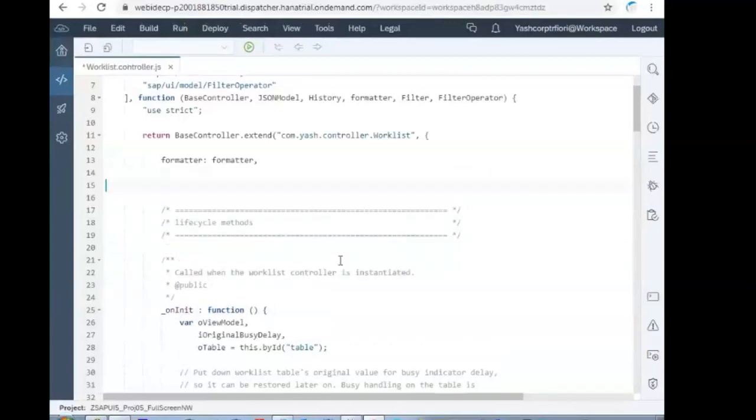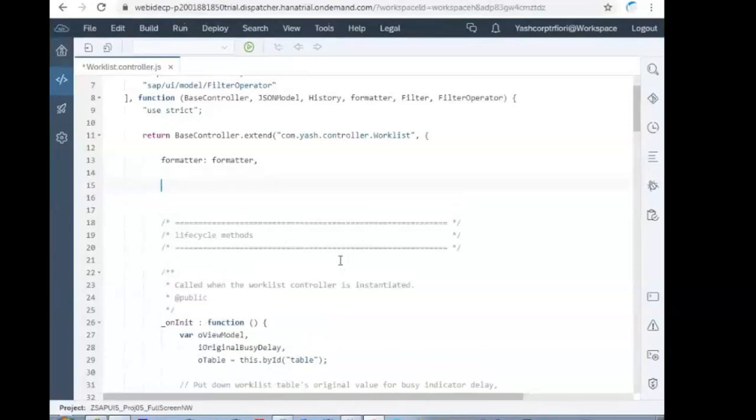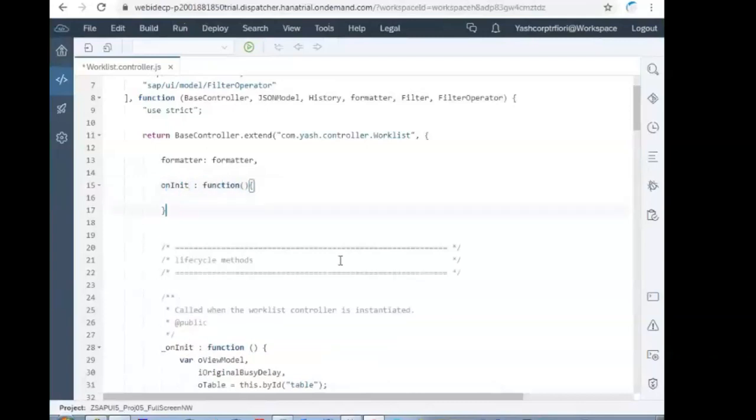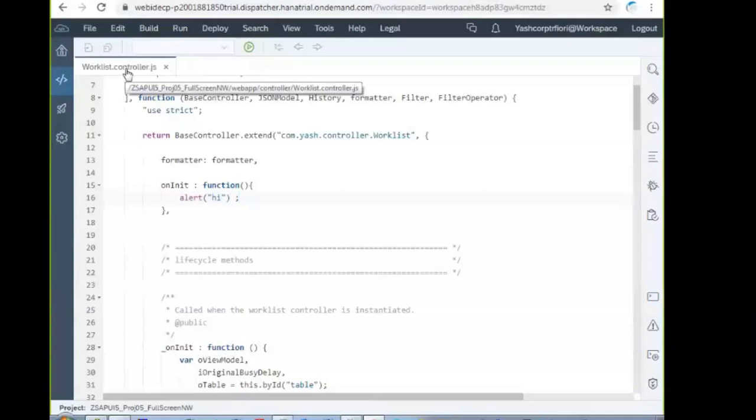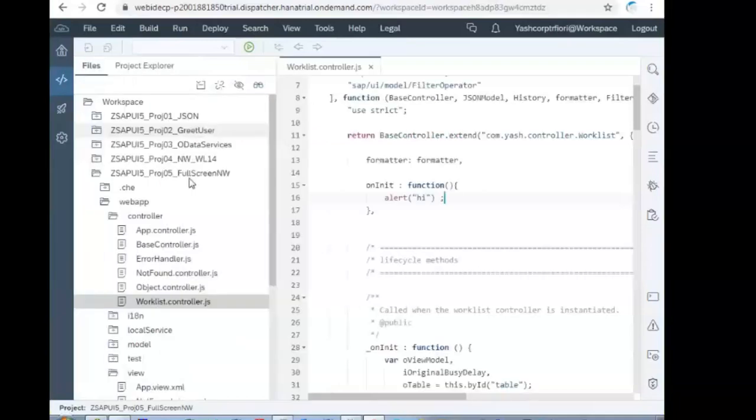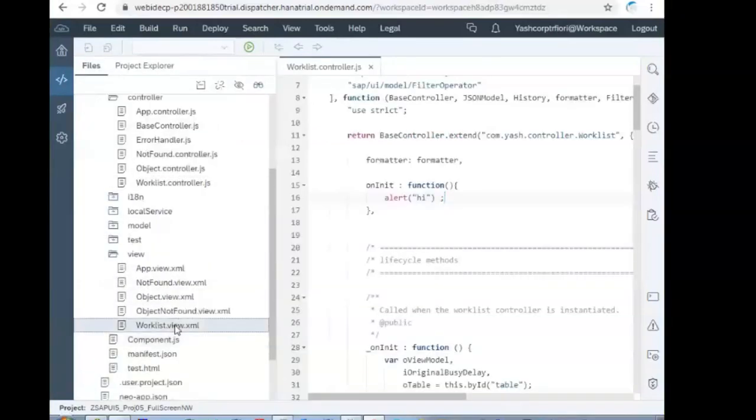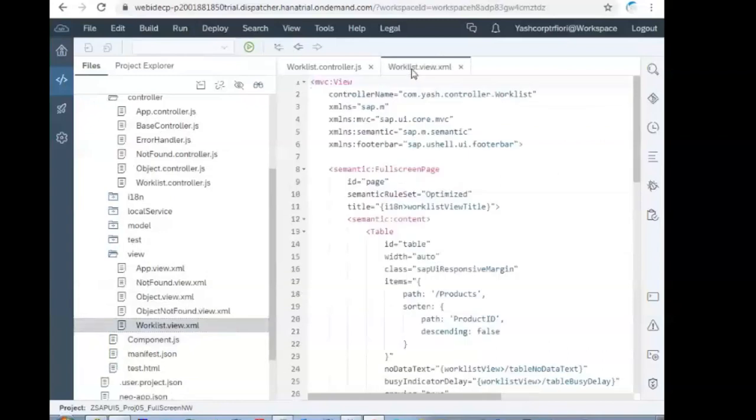Then you can have your own onInit function. Open the worklist.view.xml.